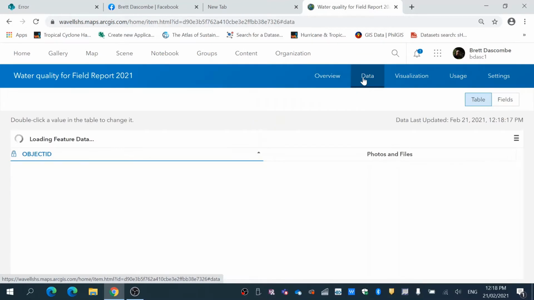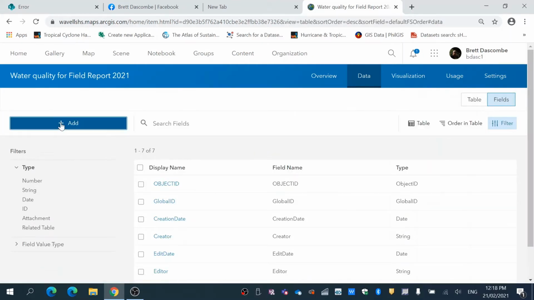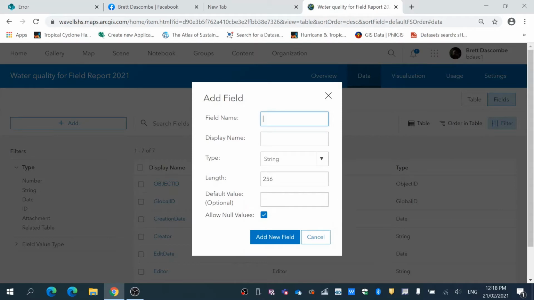Now, next thing we're going to do is go to Data. We need to add some data to our layer, and then we're going to hit Table and Field over here on the right, and we're going to hit that. We're going to go Add. Now the first thing I want to do is my site location. So make sure you don't have any spaces in the field name, and then display name, it doesn't matter. So I'm going to make it a string. Integer is a number, double is a decimal point number, and then date. We want string, new field,